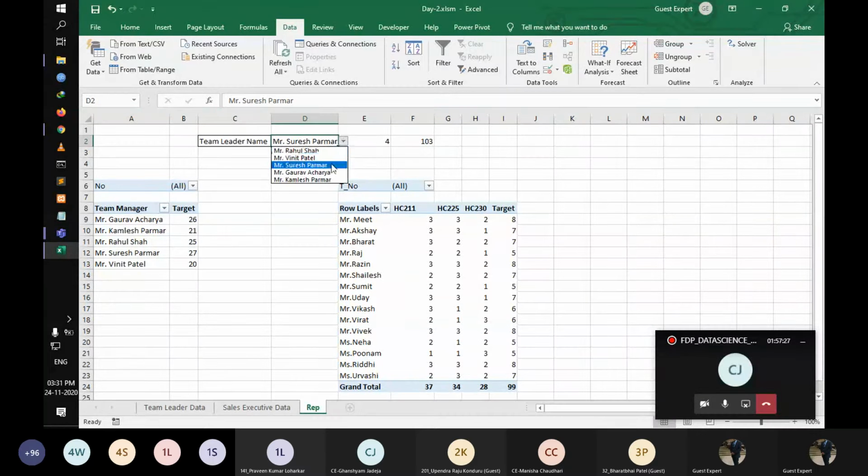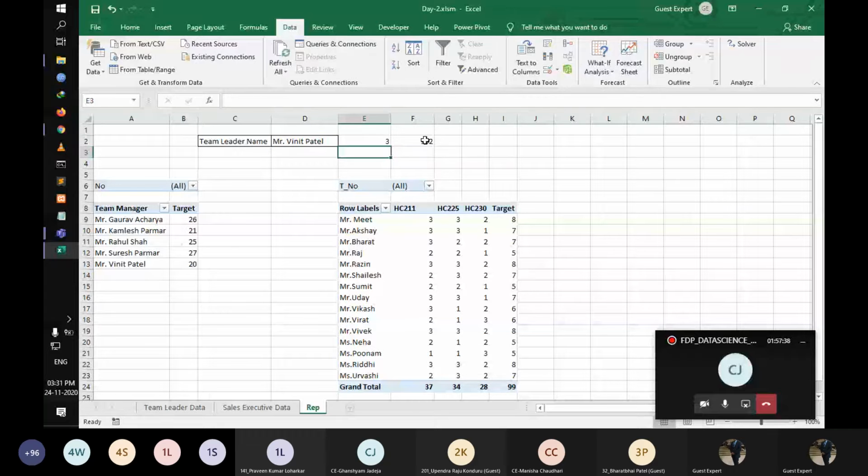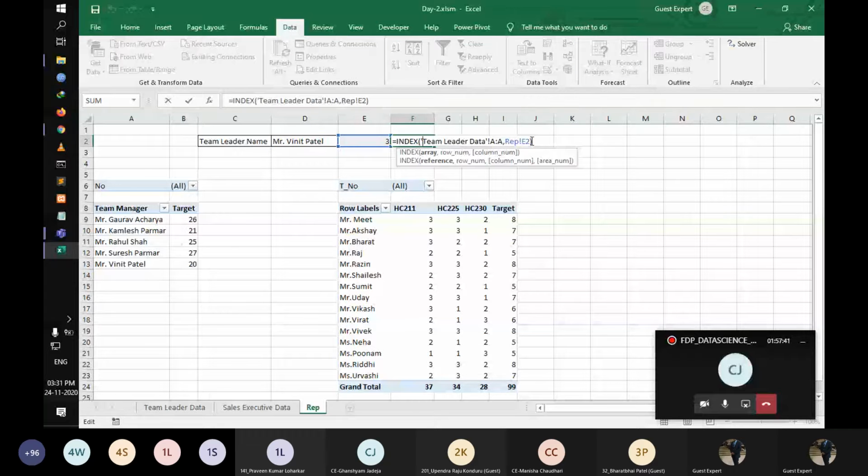And when we select Vineet Patel, this is 102. So I just select this whole formula and copy it. I'm going to the index, and this REP exclamation mark E2, I remove it and paste the whole formula over here. So right now this 3 is not needed here.